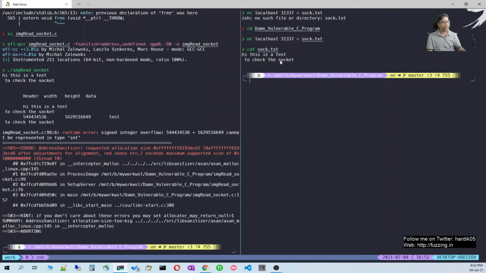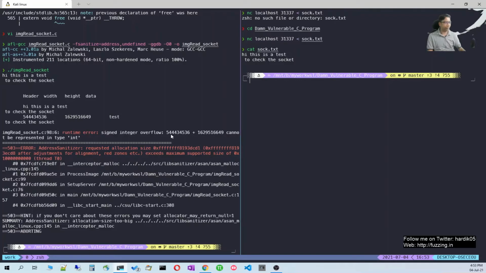When we send this data to our socket, it will treat the first 4 bytes as a header. So "hi t" will be the header, and then it will take the next 4 bytes as the width, and then the height, and this will actually become a very large number.